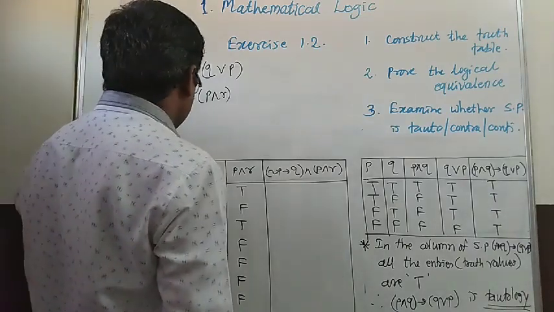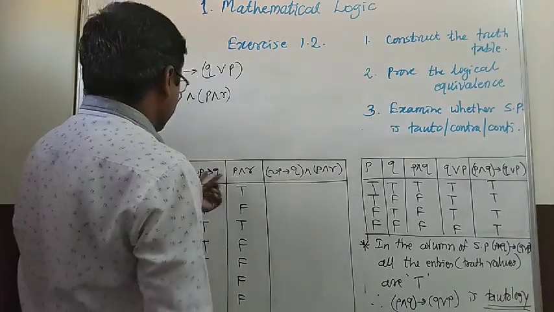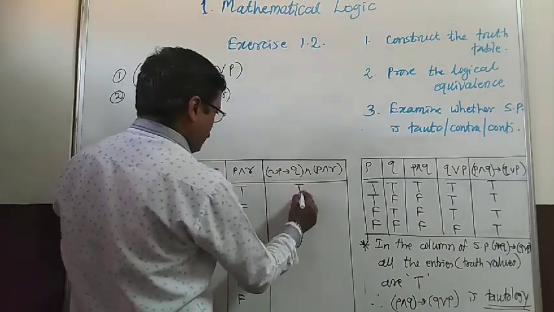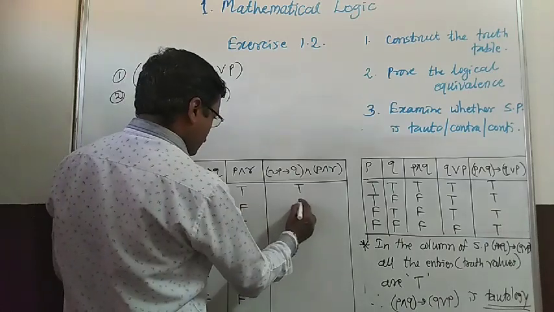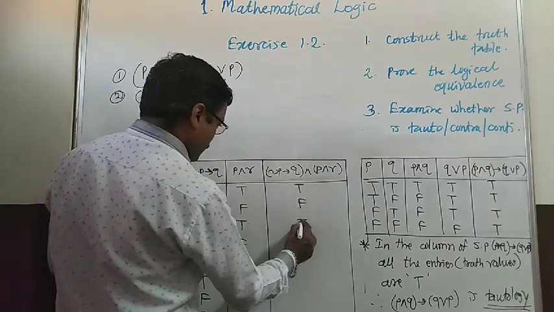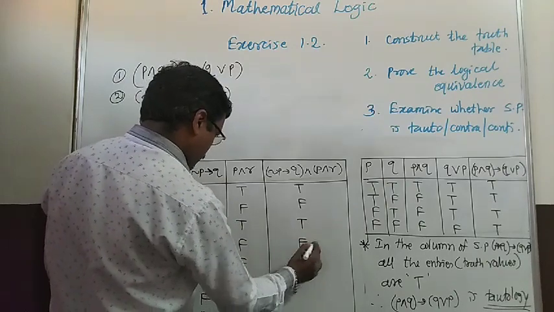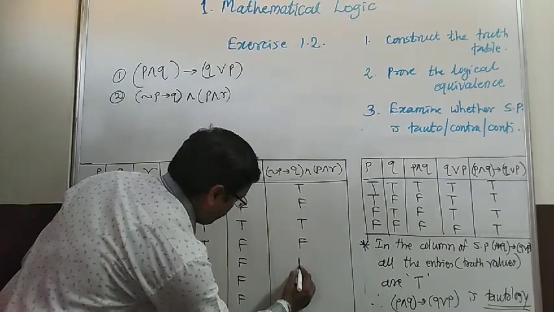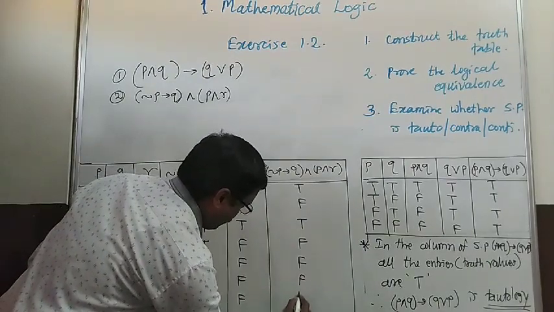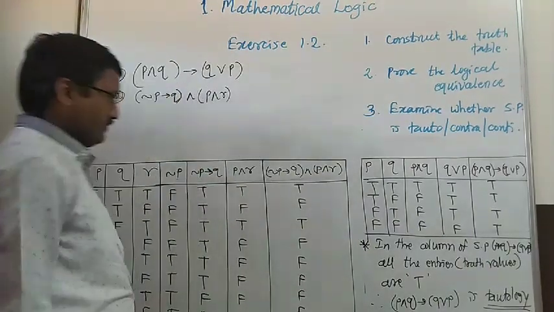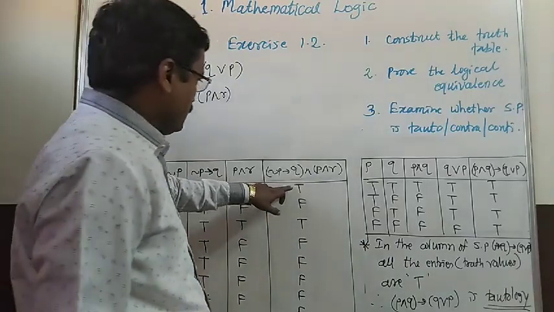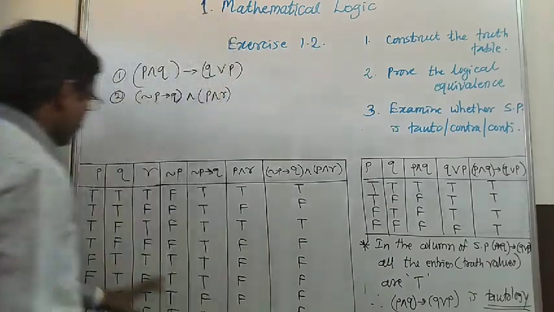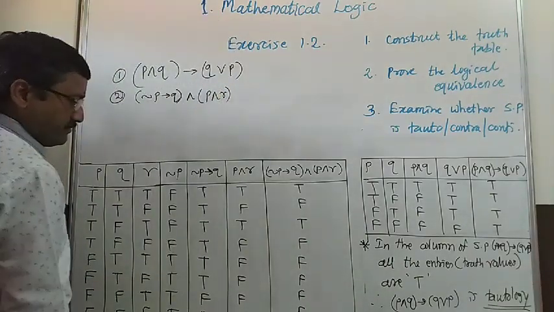Now last column, which is of the conjunction of these two. Conjunction of these two is T, conjunction of these two is false because one is false. Both are T, so T. One is false, so false. At least one false, so remaining are F, F, F, F, F. So in last column we get T, F, T, F, F, F, F, F. So below this table we will write conclusion as